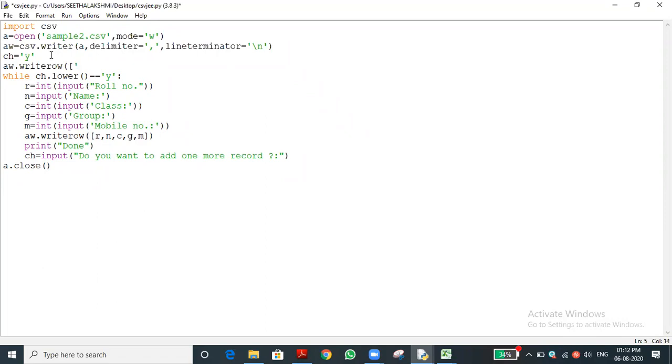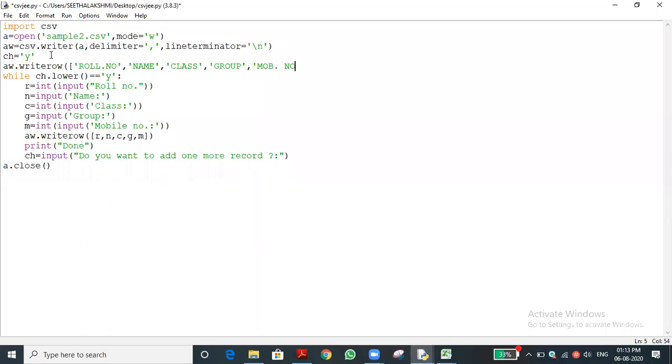What are the values? First is roll number, next is name, next class, next group, then mobile number.